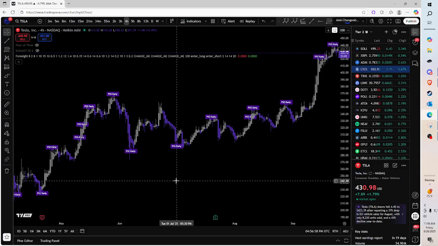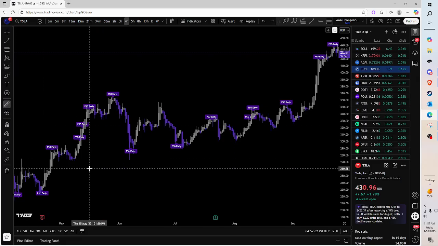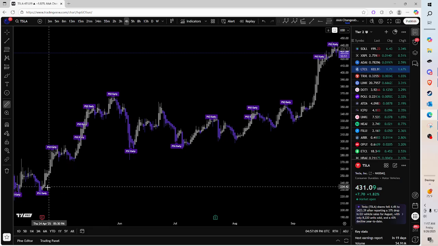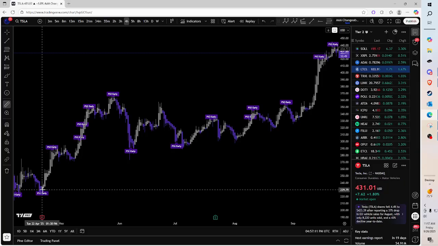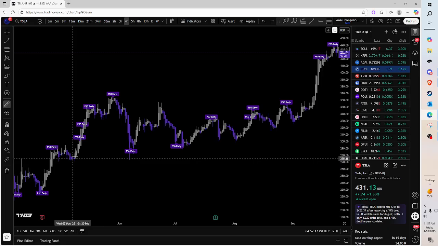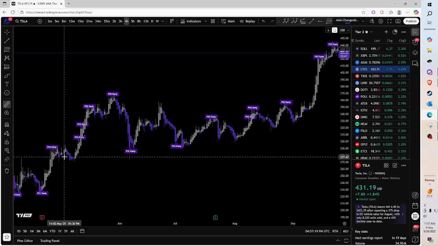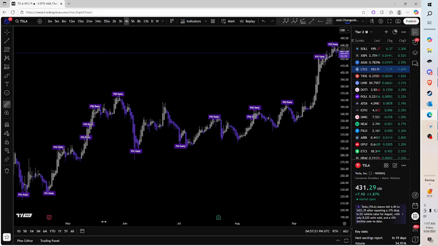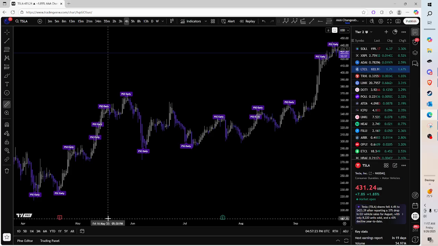So you can see just how one, and again, we want to be honest and transparent and say it's not this magical every single time, but just Tesla as an example. I mean, these are just some incredible things here. As a matter of fact, it should be said on stocks,